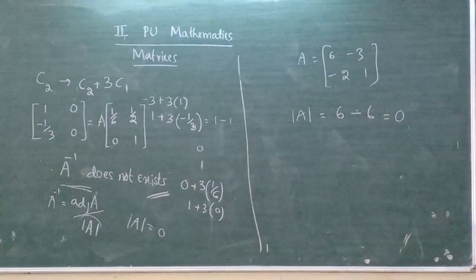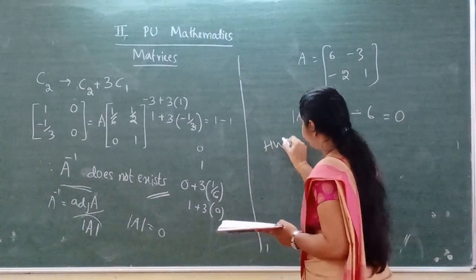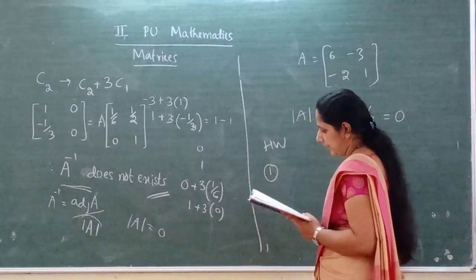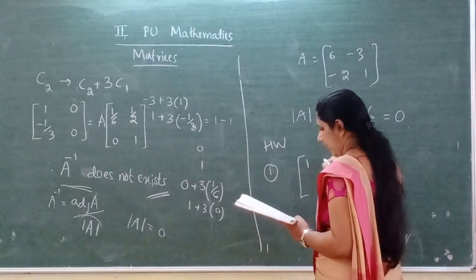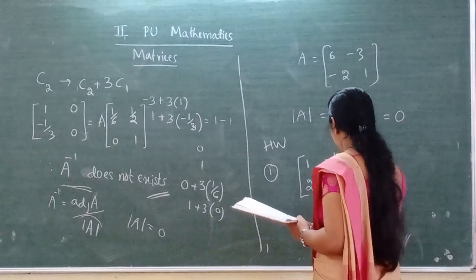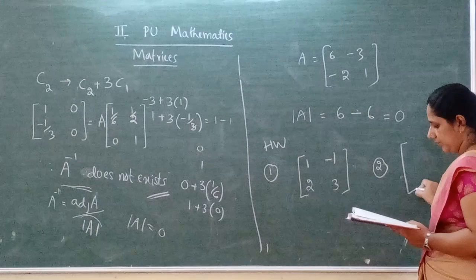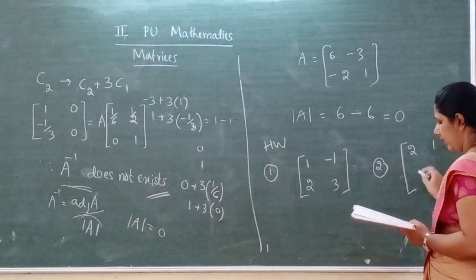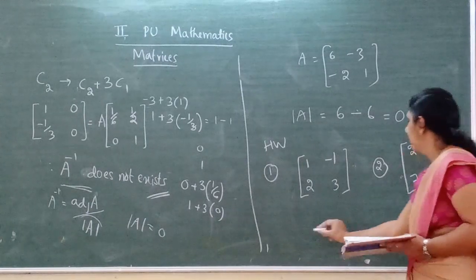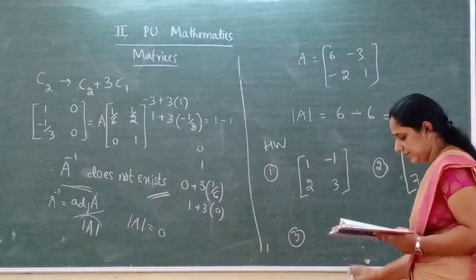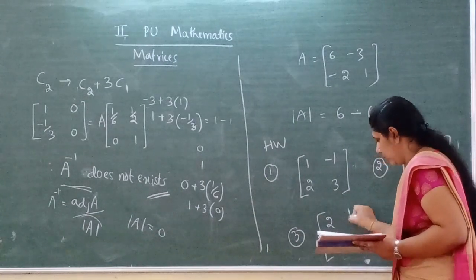Now there are some homework questions. Using elementary operations, find the inverse. First one, 1, minus 1, 2, 3. Second one, 2, 1, 7, 4. And third one, 2, 1,